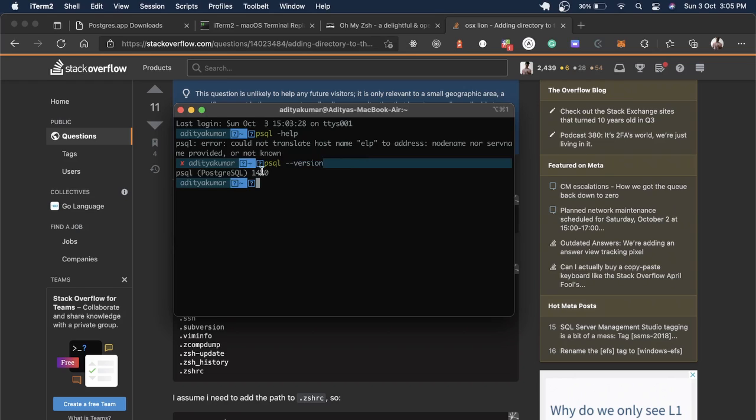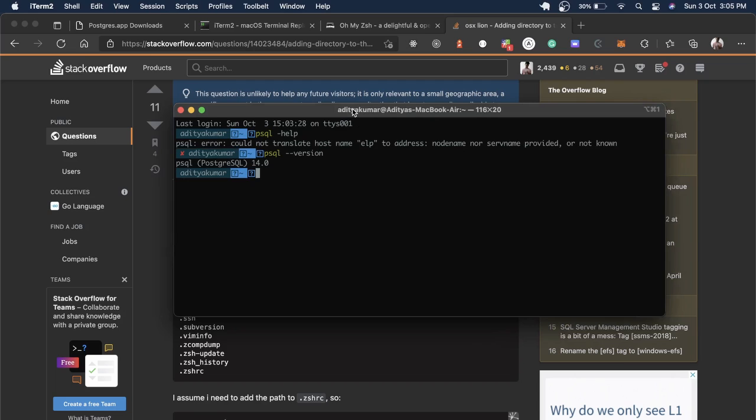So this shows that PostgreSQL is installed in our system. The installation part is done, and now we'll list out all the databases that we already have in